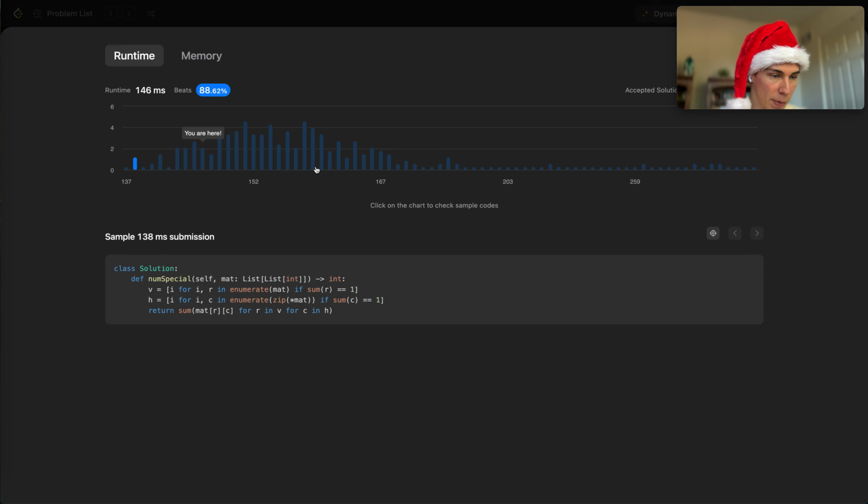Another thing about these, this is very low code, but what is V? Okay, well, let's see what V is. If you're enumerating the matrix, then the R is just the row. If the sum of the row is 1, then the column. So this is just valid rows. What about this? Valid rows, and what are you doing here? Enumerate a zip of